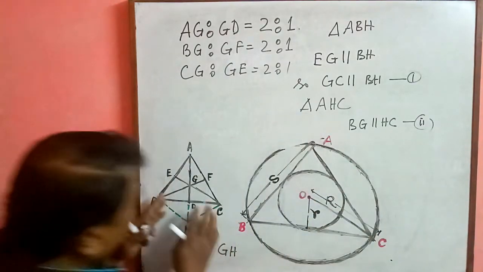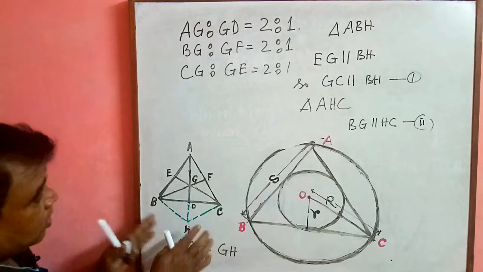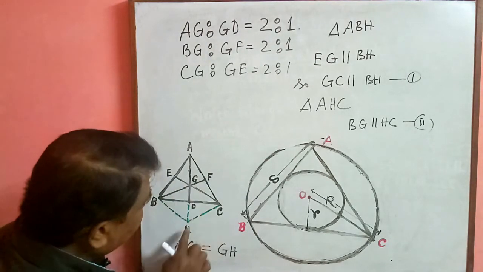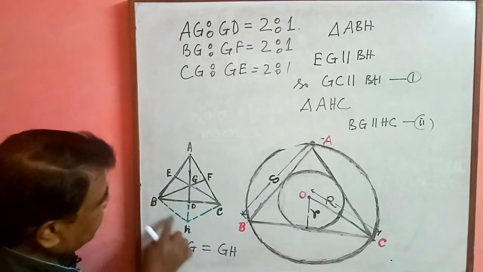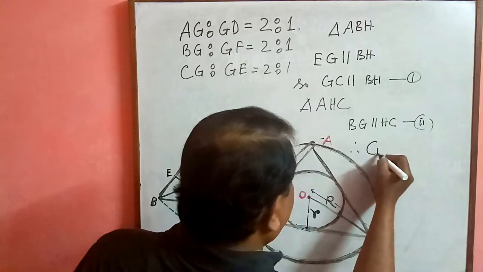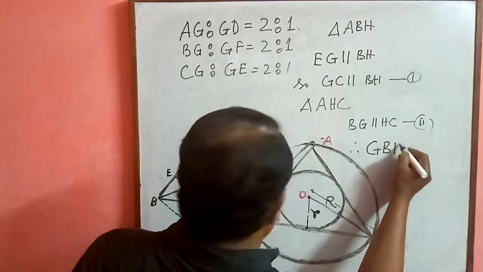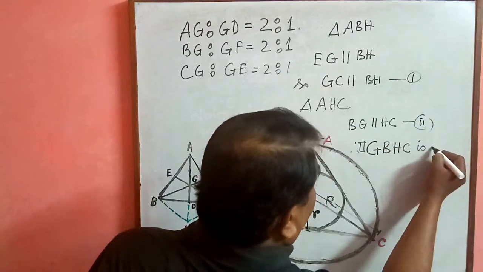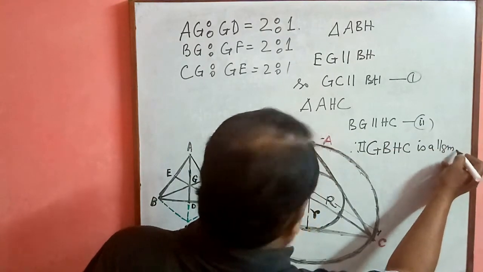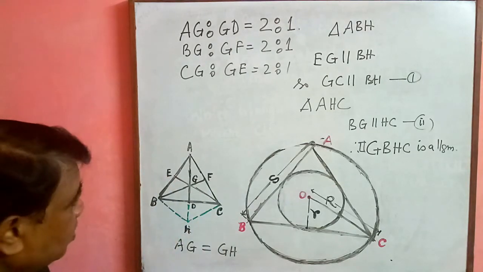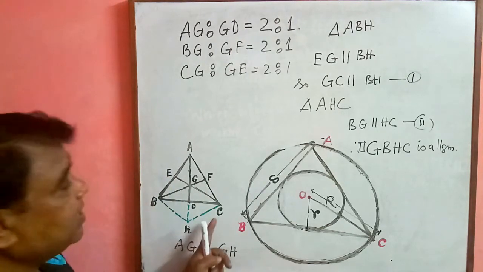So, we have now the concept. Here, GC is parallel to BH, BG is parallel to AC. So, GBHC is a parallelogram. Once we have come to know GBHC is a parallelogram,